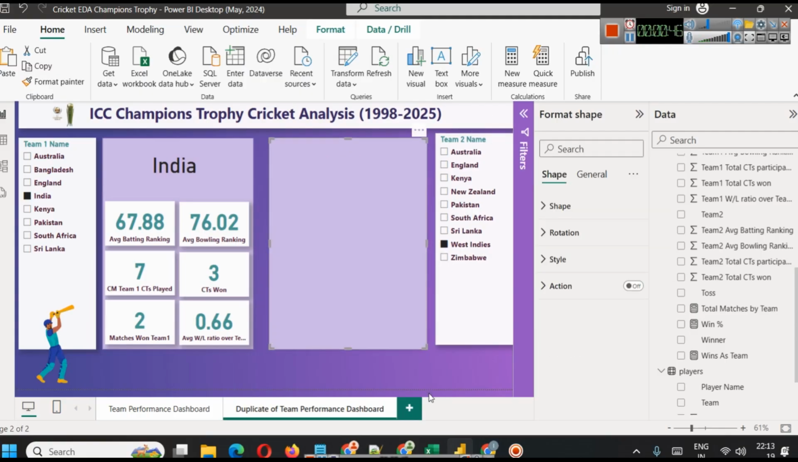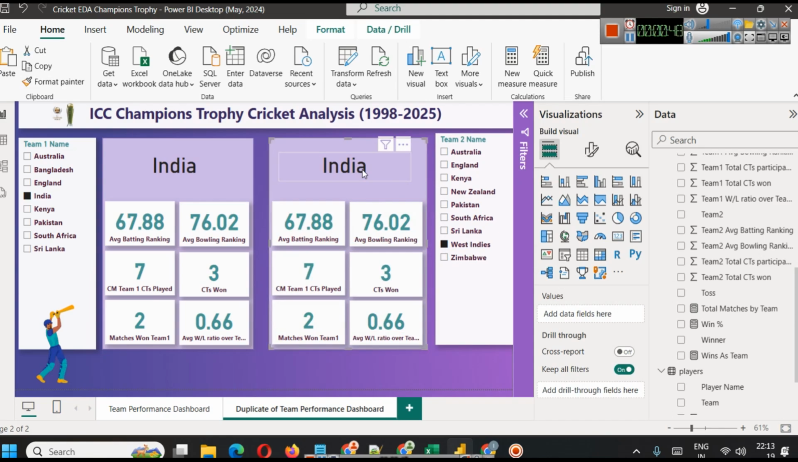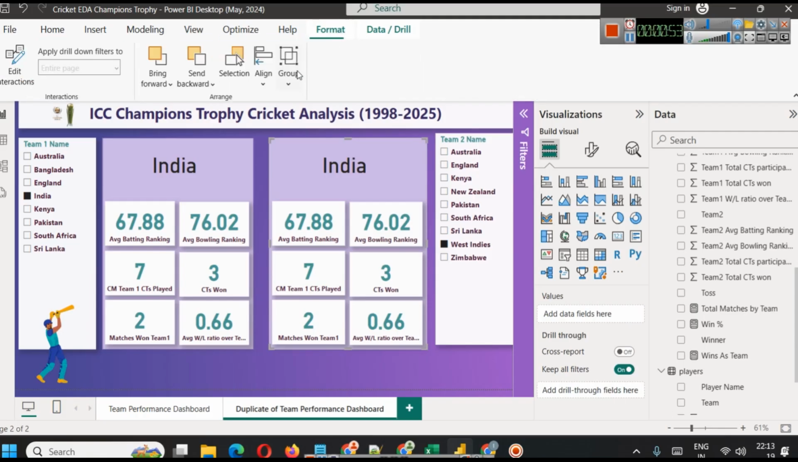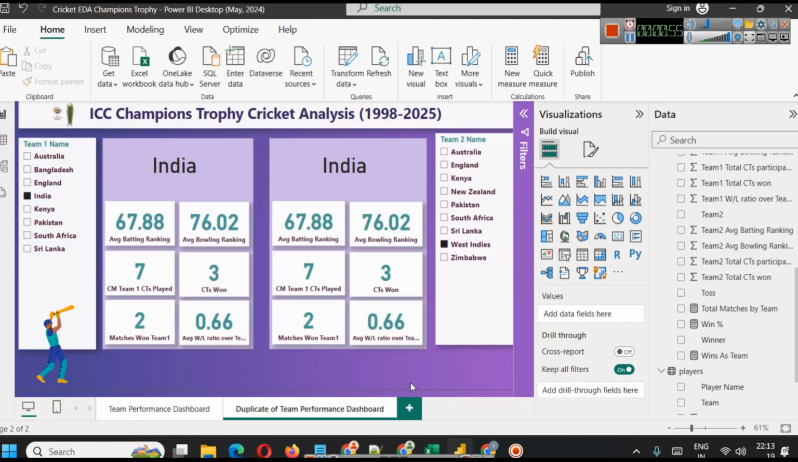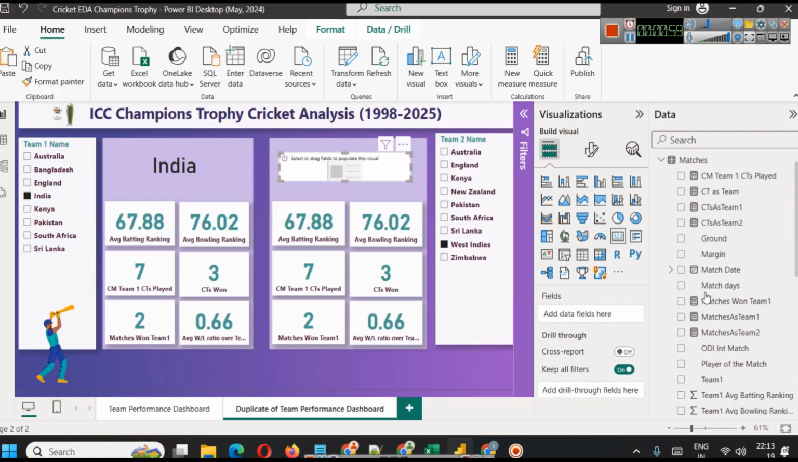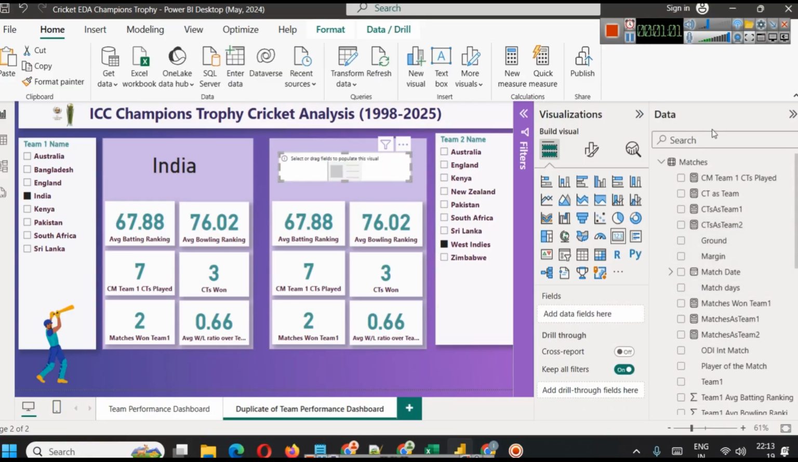So now let's select them one by one. Here I will click and ungroup it because I had to copy. Now I will ungroup it. Now I will have the element. So this is first team 1. From here we will select